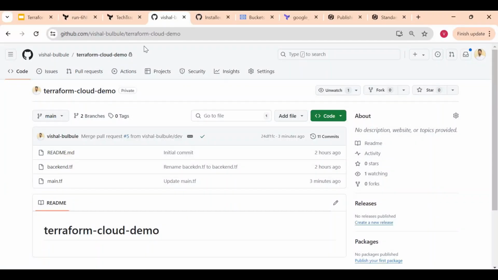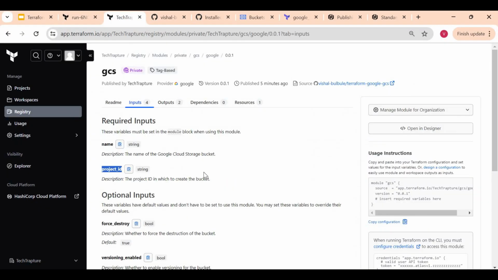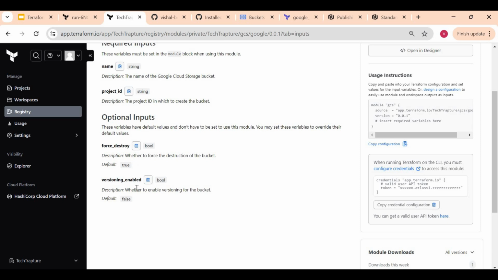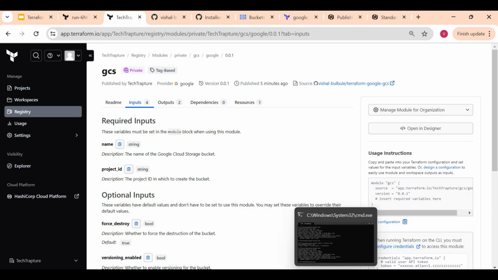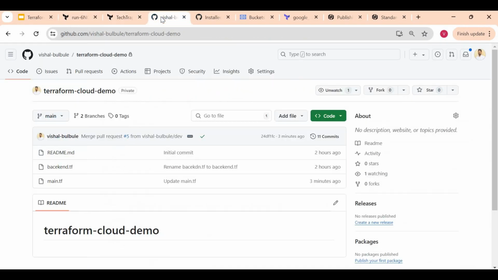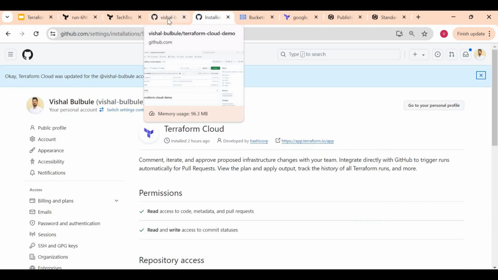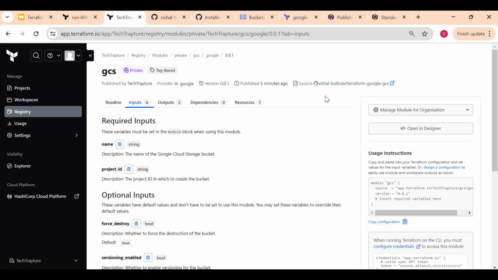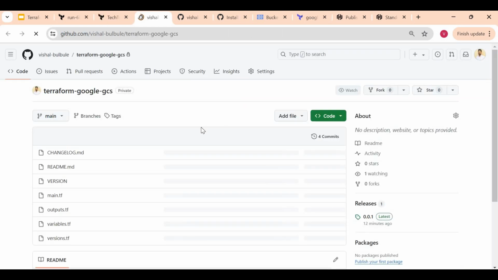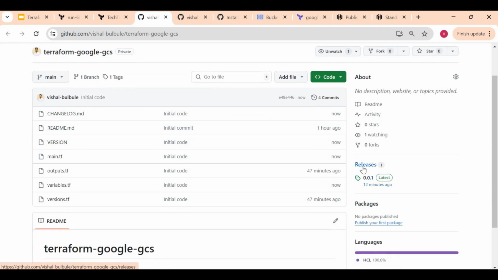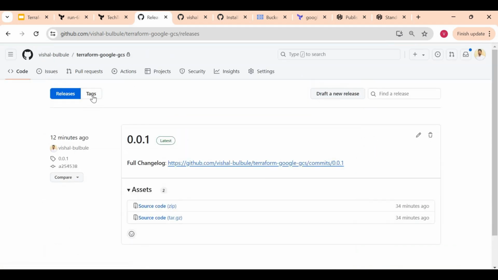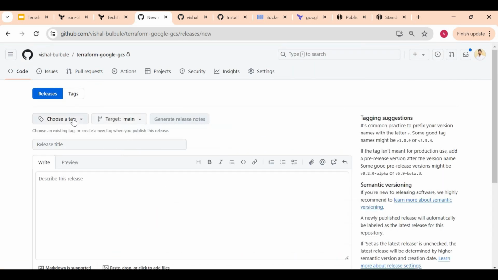One thing: now if you see in our module, this versioning was an optional input, meaning you can make it false or you can make it true. But if we refresh once our module is published, okay, so the module is published. That is our new repository. Our source option is here. Once I go to this repository, I will create a new release. This was the earlier release. I will go to release and create a new release. Okay, so choose a tag, I'll create a new tag,